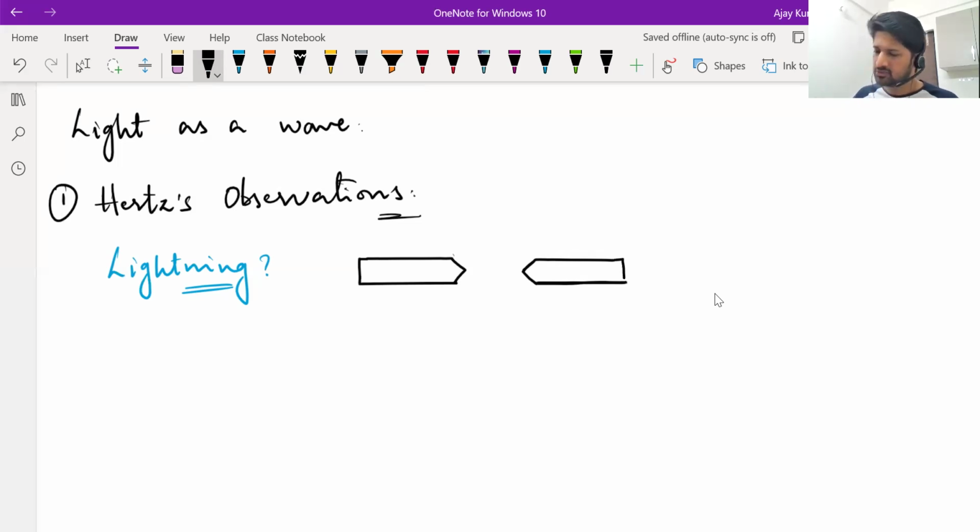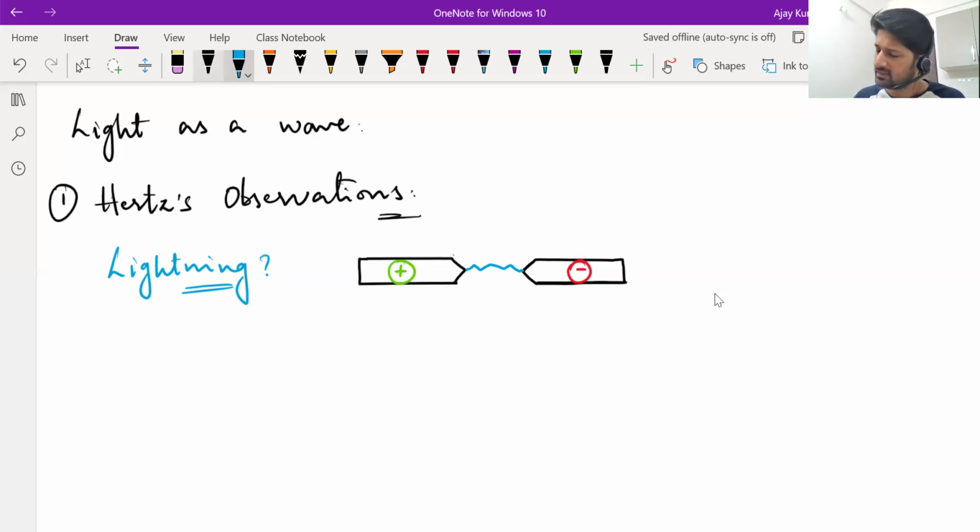Fine. So suppose there are two electrodes like this, one of which is positive, the other is negative, meaning one is at high potential, the other is at low potential. When you create sufficient potential difference between them, whatever air is present between these two electrodes becomes a conductor, and you will see a spark being generated between them. That is basically nothing but transfer of electrons or ions, depending on what exactly is present between the electrodes. So you see a spark getting generated between them.